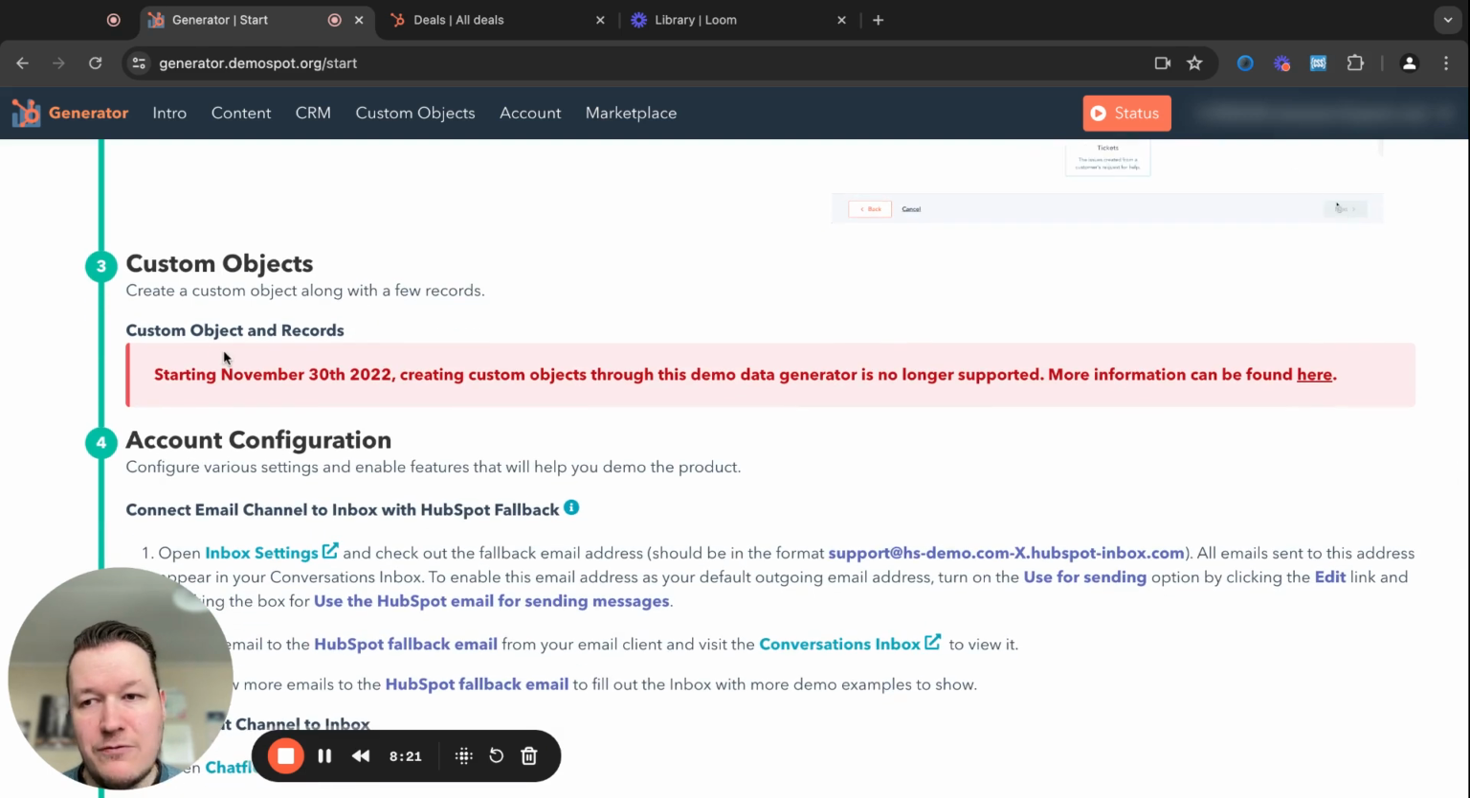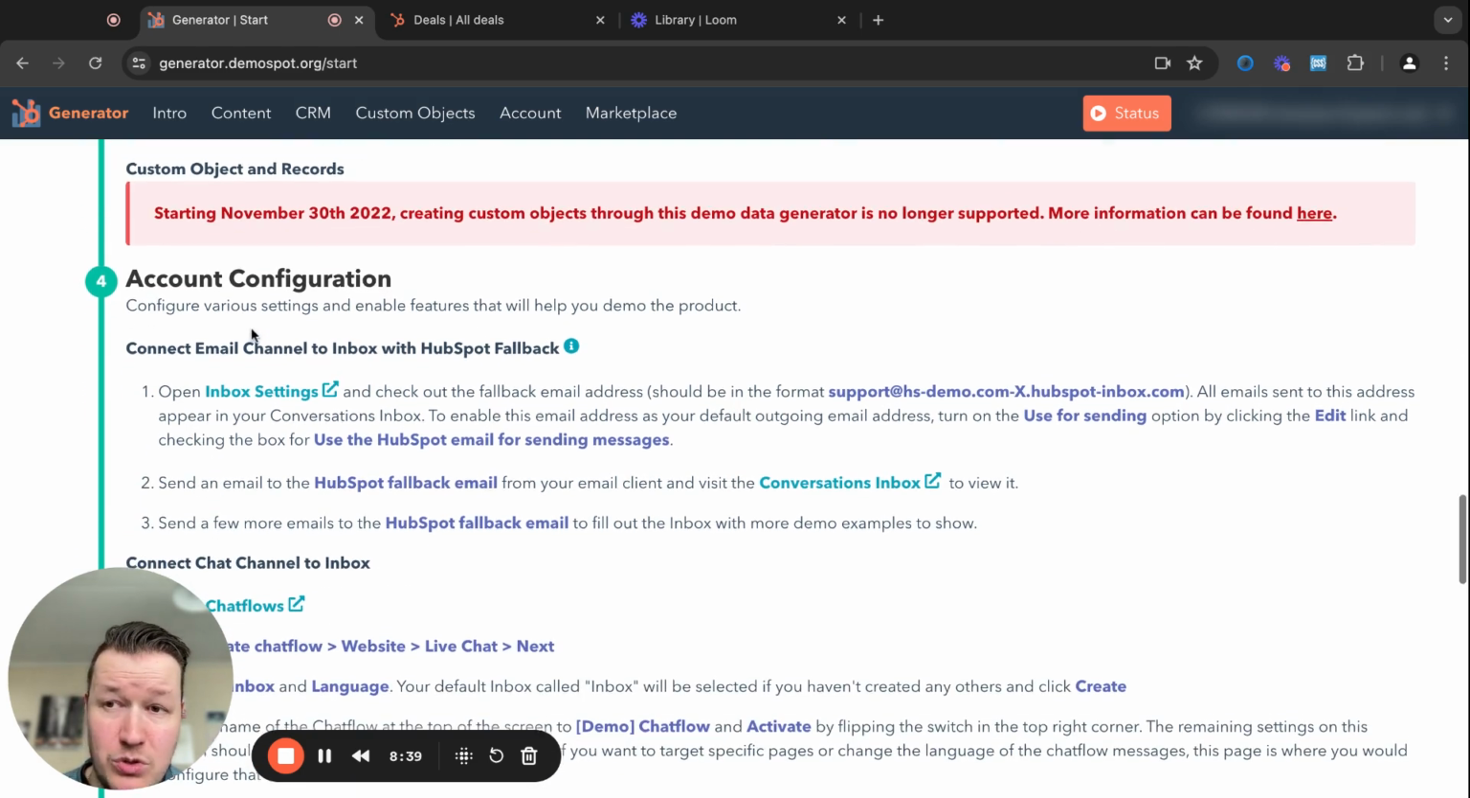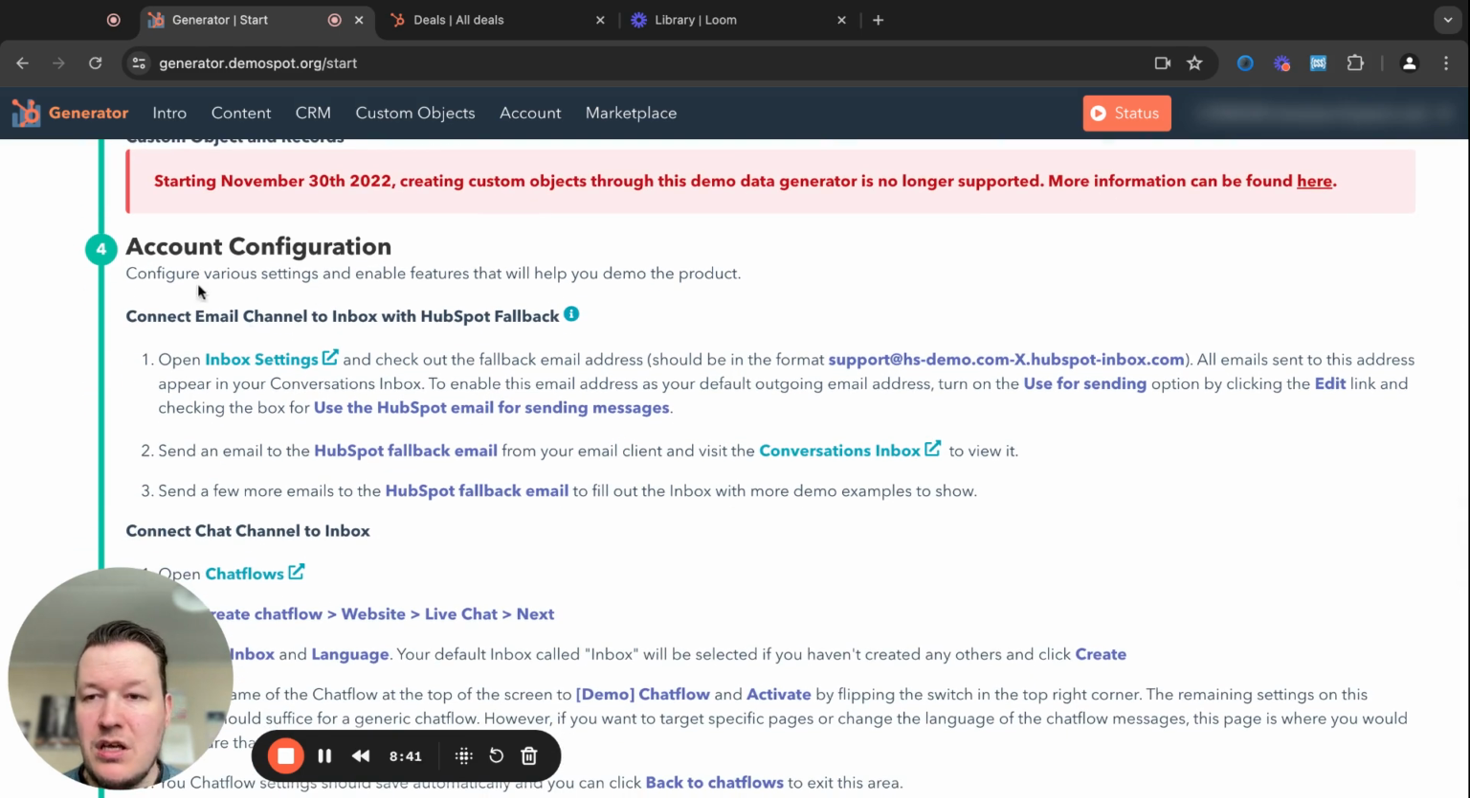Custom objects, unfortunately, are not available within this generator. I think it was available in the past, but since 2022, it isn't available anymore. And of course, some final additional steps if you want to showcase certain features. I think this is a really helpful tip here. If you want to showcase the